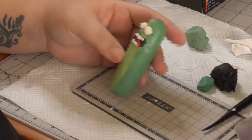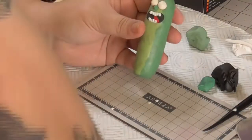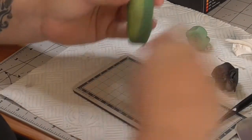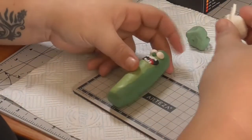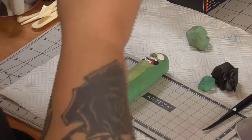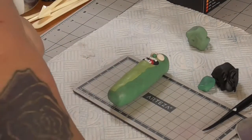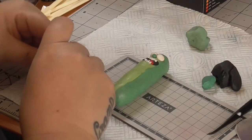Okay, so that's what we've got, which I think looks okay. So now I'm going to clear these little white bits away because I don't want to contaminate them. I'm actually going to put those back in my little box because I don't want them to get contaminated, those ones. Okay, so now we're going to do very small